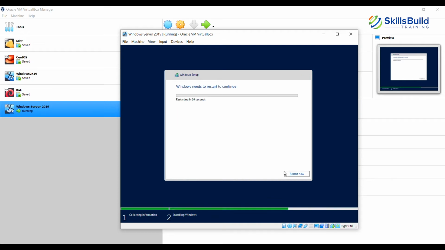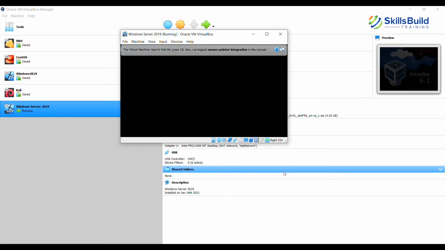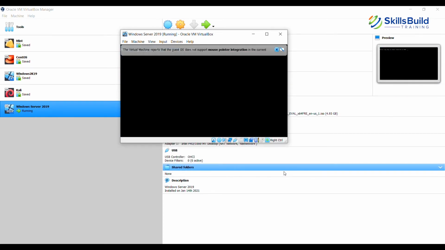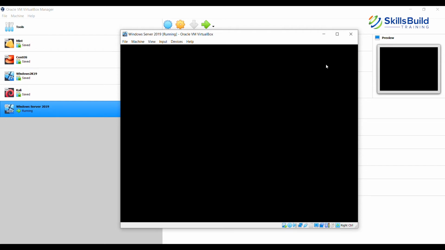I'm just going to close this notification. So it's restarting Windows Server 2019. Finally, we are close to getting the installation done. That's about 35 minutes since we started. I'm just going to close the notification. So it's getting the system ready to complete the installation.